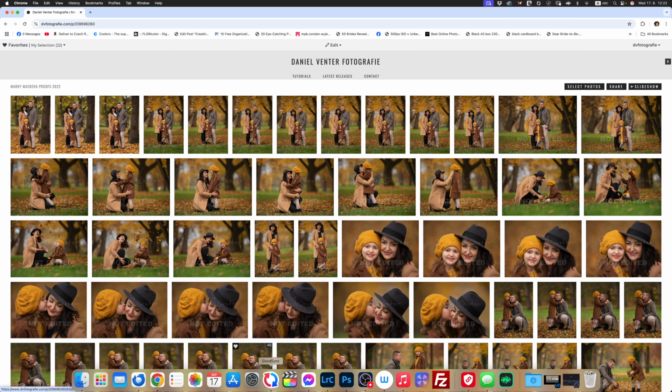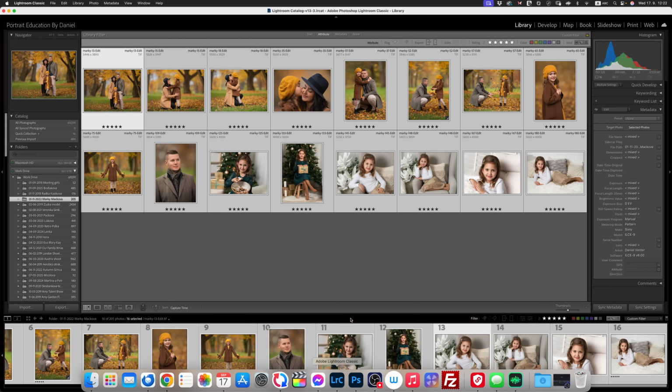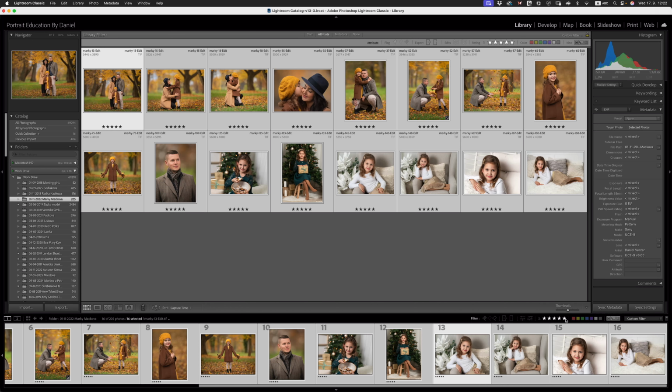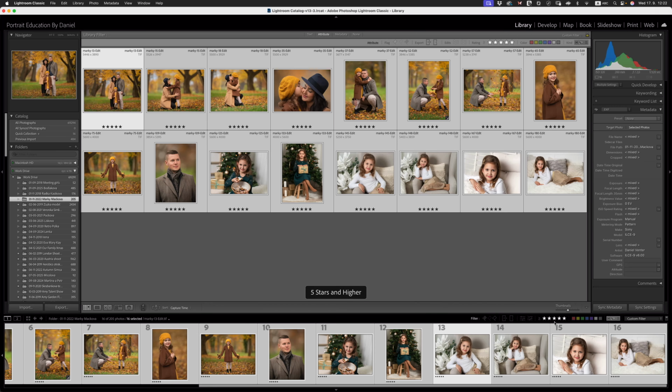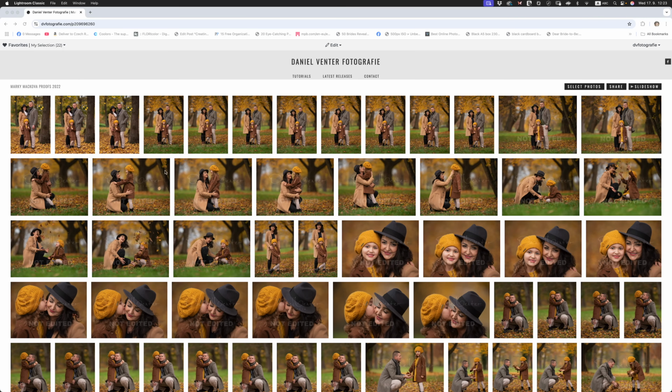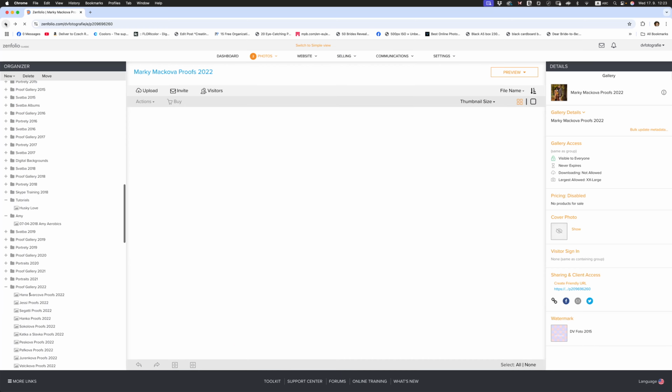And then I'll go back into Lightroom and I will 5-star rate all of the images that they've selected in their gallery. You can see here, Marquee 13 has been selected, and I've gone and fully edited the image. Now, once I've got all of those images edited, I will select the filter by stars, and then I will export all of these edited images again to the desktop,